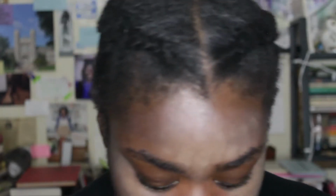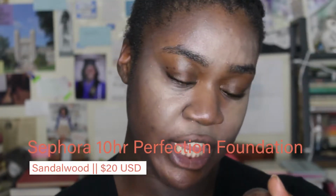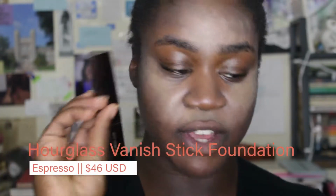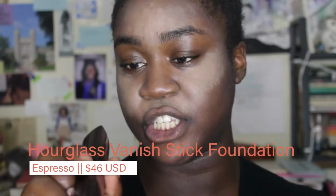I also have the Hourglass foundation, and if I can find that, I really would love to do that combination because that's one that has been gushy on my skin lately. Here we go. Okay. Awesome. So I'm going to take these two foundations. I have the Sephora 10-Hour foundation in the shade Sandalwood, and then I have the Hourglass Vanish Stick foundation in the shade